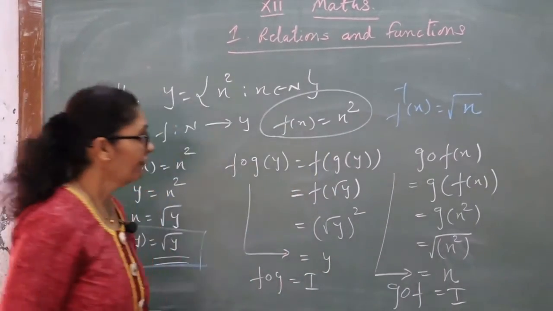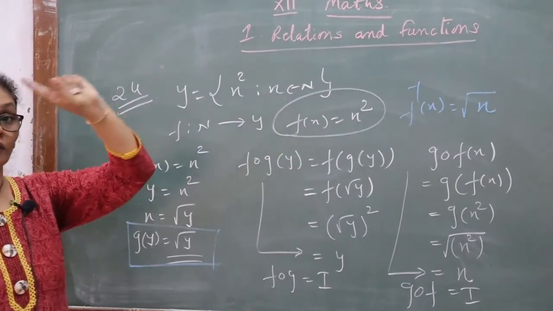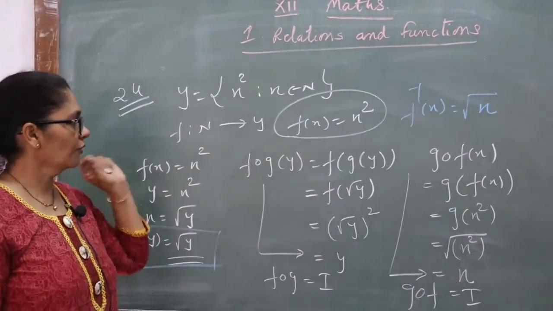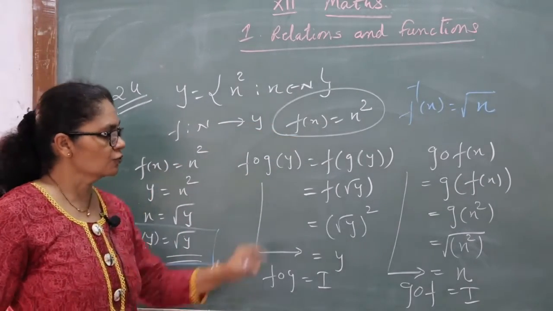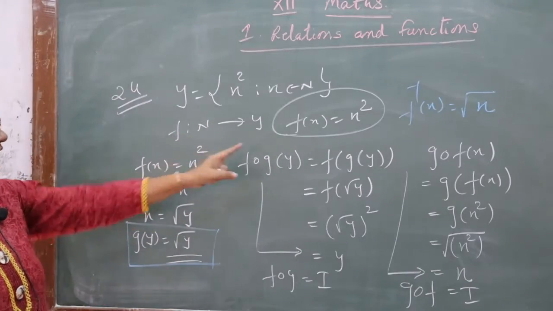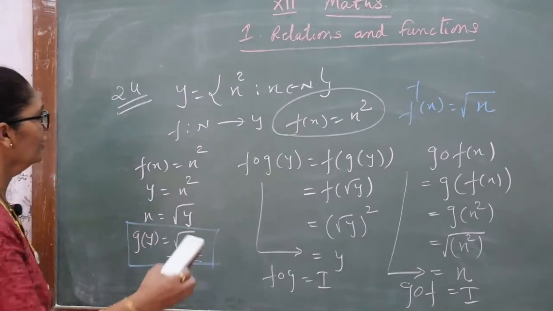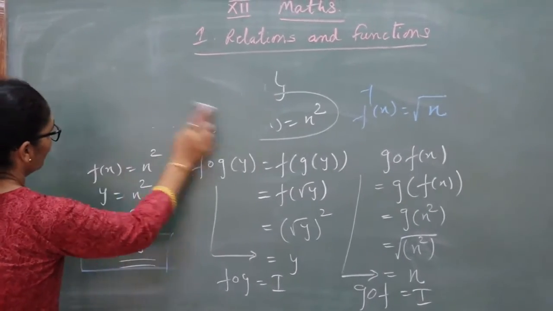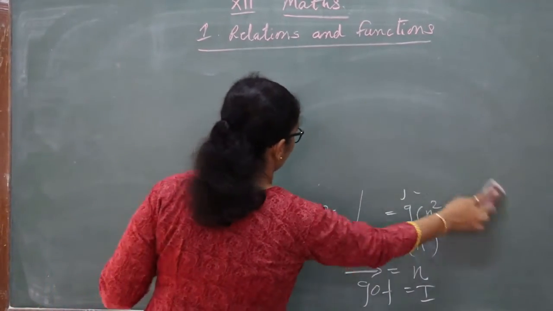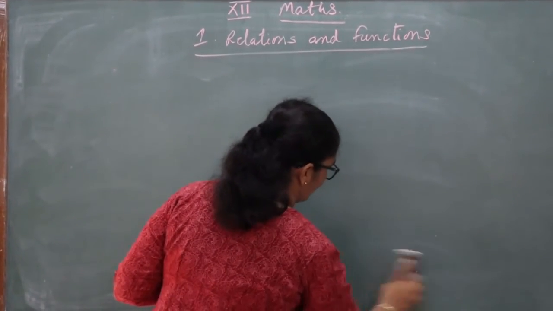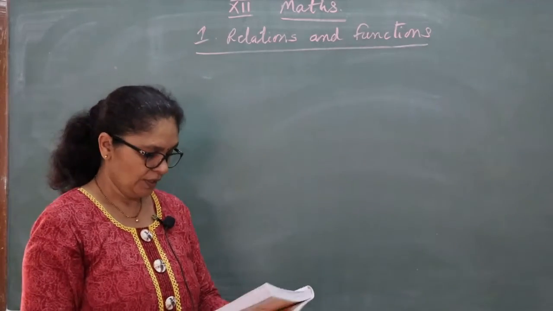But remember, when you check for one-one and onto, the square is there. So if it is given for which integers, natural numbers or real numbers, you have to check that first, because this function is not one-one and onto. So when you directly use the concept of one-one and onto, at that time you have to check codomain and range, and accordingly you can find your inverse. Here we have used the concept of composition, and your set is given. According to your set, your answer will change. Okay, so let's come to the next question, the 25th.